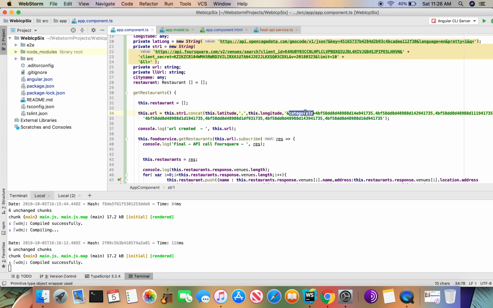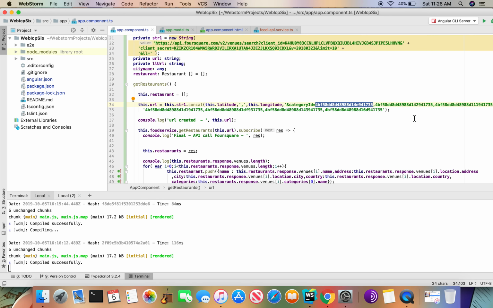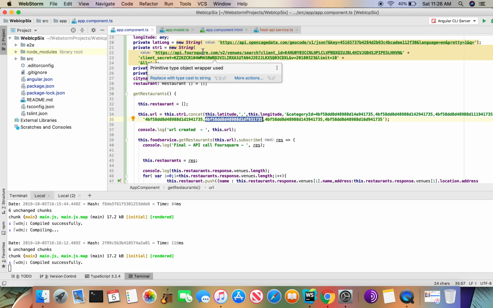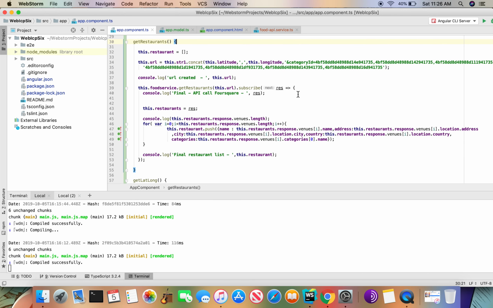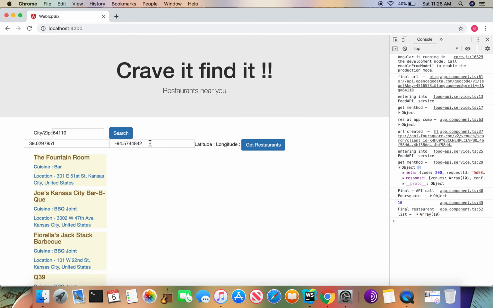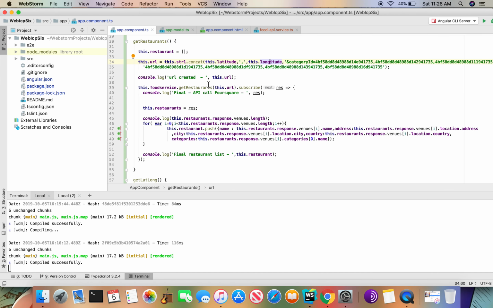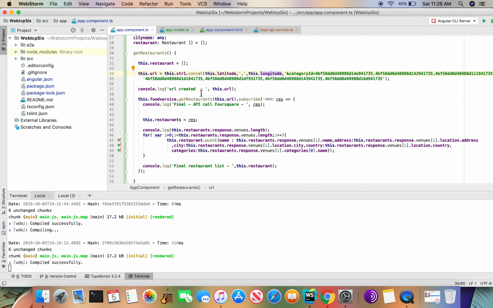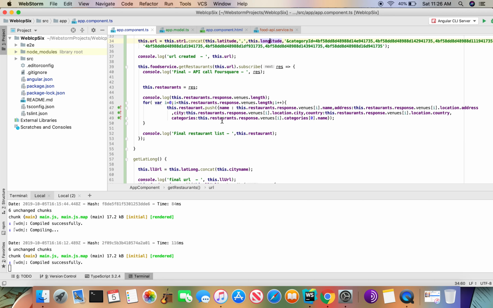And also we are using this category ID, because each category ID has a specific value, like food or American restaurants or Chinese restaurants or something like that. Each code has a unique value which is given in the documentation of the Foursquare API, where you can go and check. And once this URL is found with the latitude and longitude after this search value, we click on get restaurants, which is nothing but this function is called, and this get restaurants will give us a response